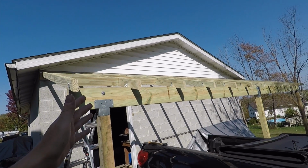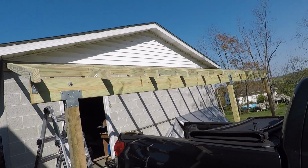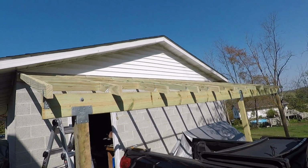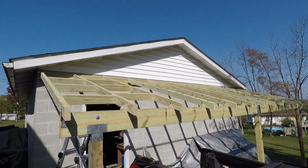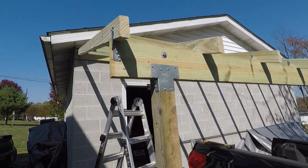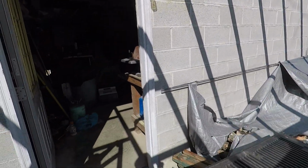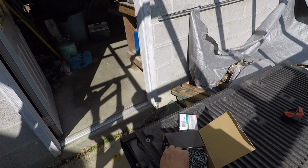I bought several extra 2x4s. So I already had them, and I was like, all right, I'm just gonna do it this way because I got these. So anyway, that's that. And I'm actually nailing these in with the proper